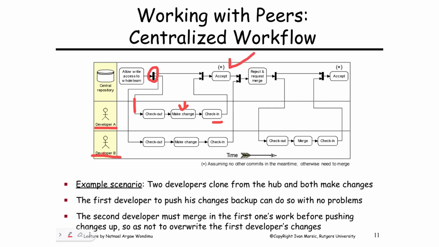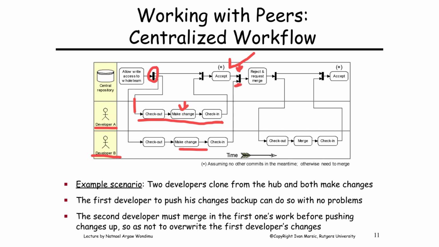But when you see developer B or developer 2, both developer A and developer B took the same snapshot of the central repository. But in the meantime, developer A was able to make changes and merge them back to a new version of the repository in the main line. But developer B, using the earliest version of the central repository, makes changes and asks for a pull